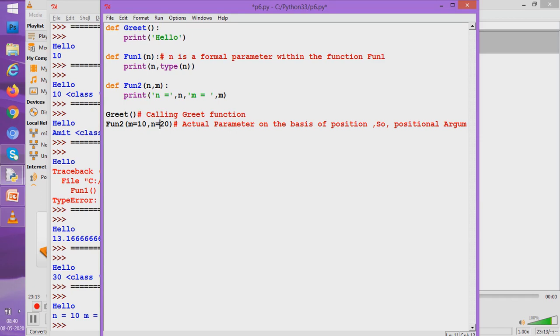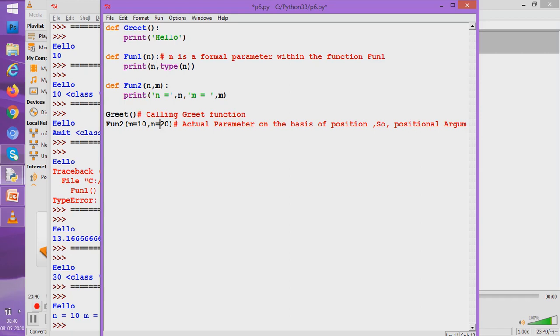M, which was second in the list of parameters, has been given the value first, and n has been given the value after m, even if it was first in the list of parameters. So you can well understand that keyword argument method actually can change the order in which you pass values to the parameters.